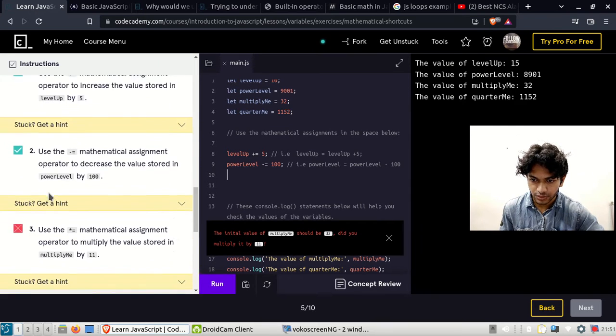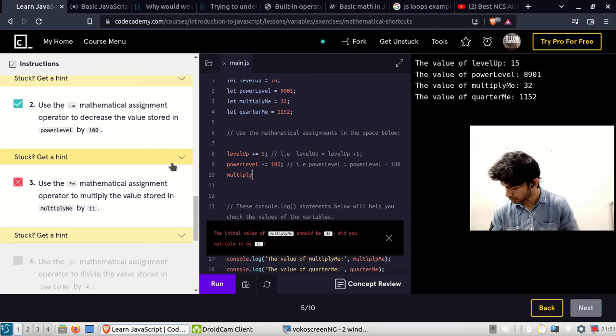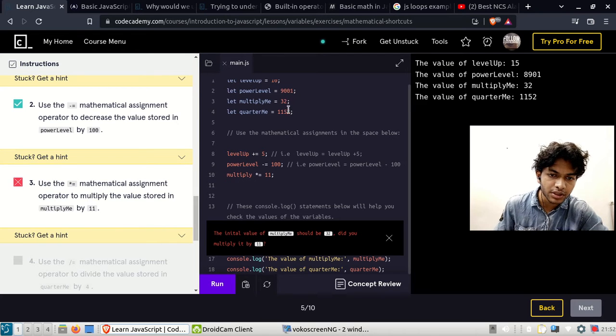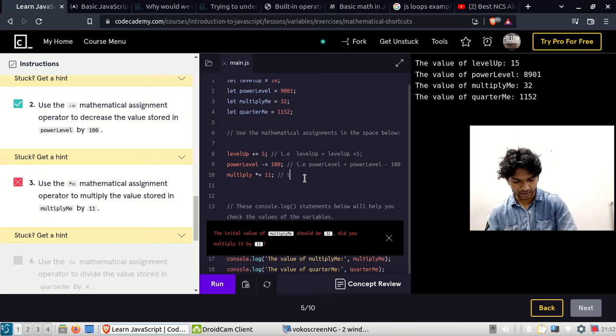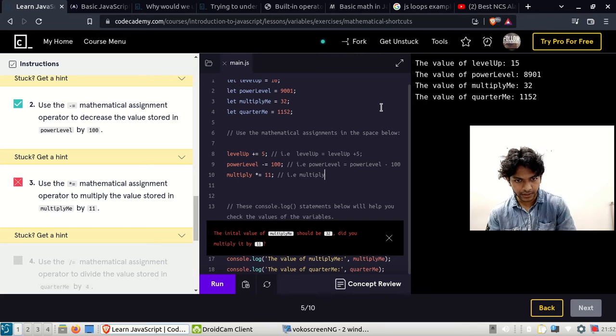So yeah, two codes are done. We need to do the third one. I'm sorry, we didn't do the third one. Use the multiplication assignment operator. You need to multiply this by 11. This would equal 352, right? 11 times 32 or 32 times 11 is equal to 352. Basically what's happening here, the non-compressed version of this very code written on the 10th line is multiply